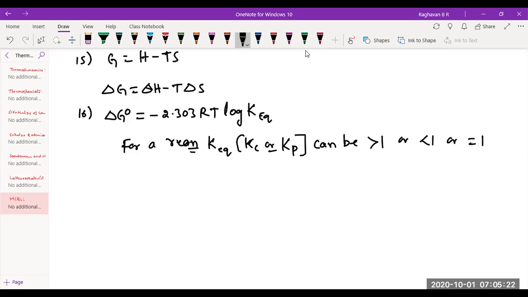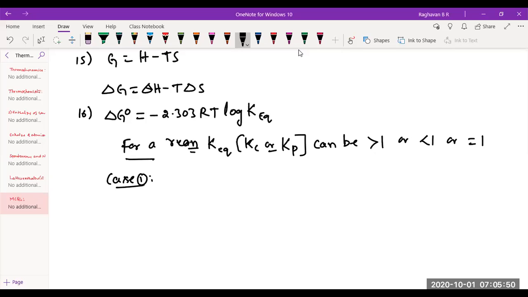And it cannot be 0. So when it is equal to 1, the reaction is perfectly at equilibrium. When it is greater than 1, the numerator is more, so the forward reaction is more spontaneous. When it is less than 1, the backward reaction is more spontaneous. Now, based on these values of K, delta G naught can take negative, positive, or zero values. So, based on that,